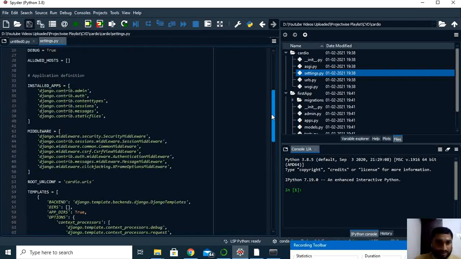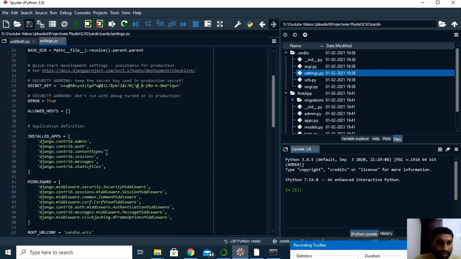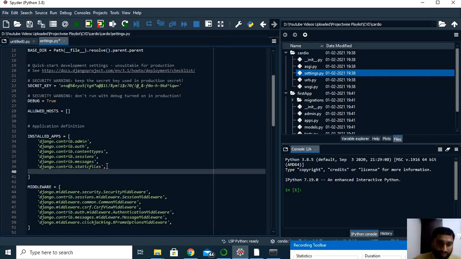So here you can see installed apps. We should tell Django that we have created one app, and search for the file in installed apps also. Give the name as it is, how you have given it while creating the first app. So the first app I have given, and end this one with a comma. Now save it. That means now in the settings file I'm calling my first app also. Similarly, if you have n number of apps, you need to call all the apps under installed apps.